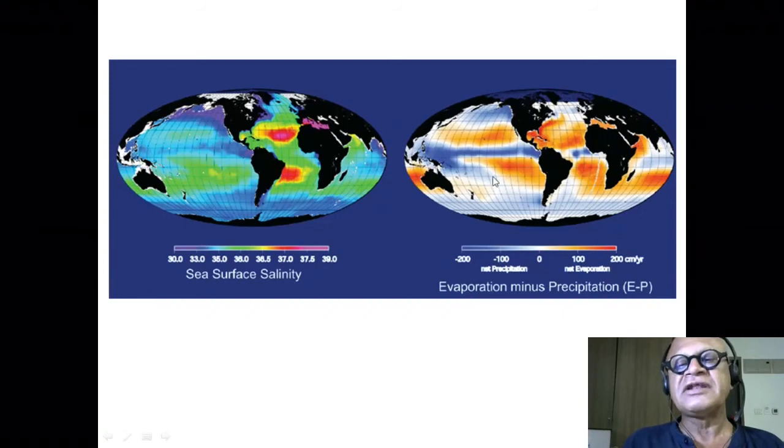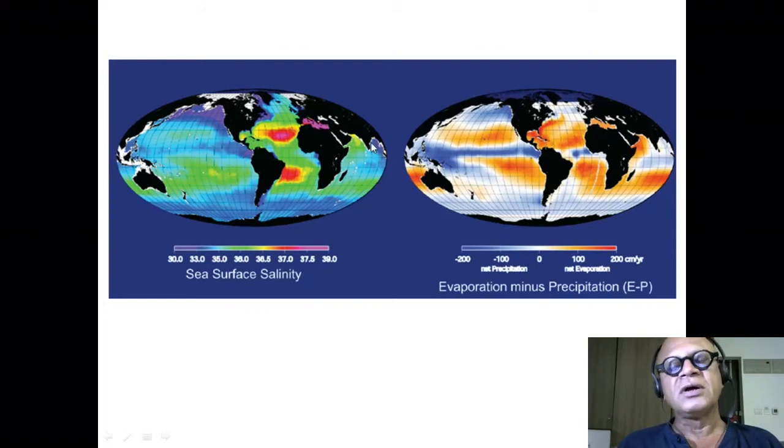And here is the net surface heat flux, which is basically evaporation minus precipitation. In the places where rivers come out, rivers matter as well. The Congo Zaire River comes out here. You can see this blob of freshwater, Amazon, Orinoco here, Krishna, Mahanadi, Ganga, Brahmaputra, Irrawaddy, and so on come out here in the Bay of